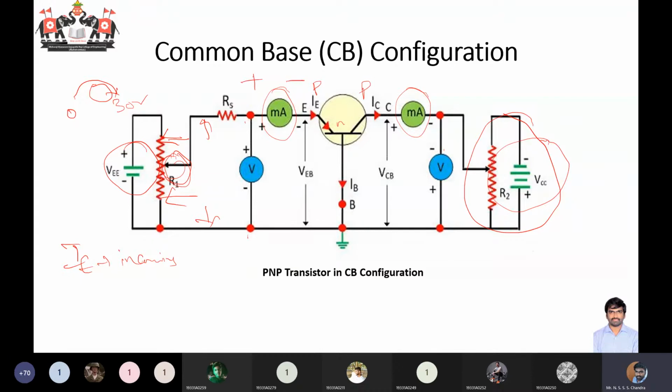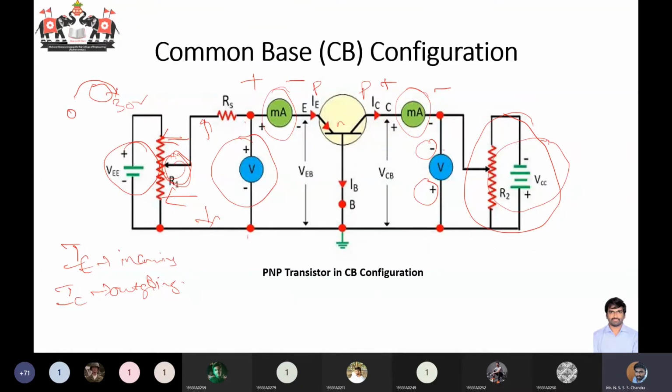Whereas for the collector side, you know that IC is going from the transistor. So on the transistor side it is the positive terminal, and negative is towards the supply. So you need to be careful even regarding these ammeter terminals when you are actually connecting a practical circuit. In the voltmeter also, here it is negative positive because your collector voltage should be a reverse voltage or a negative voltage, whereas for the emitter circuit it is positive and negative. So these things you should keep in mind.